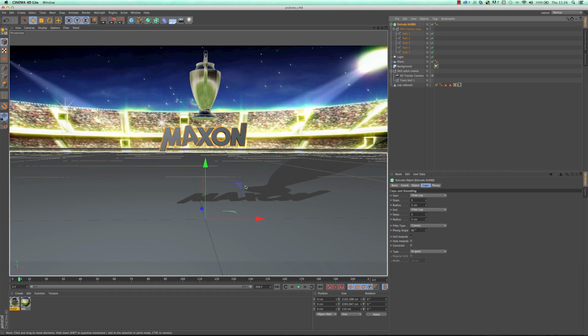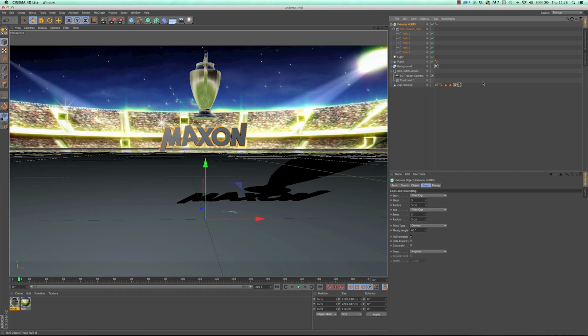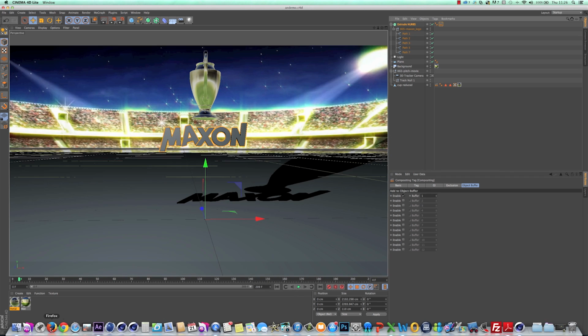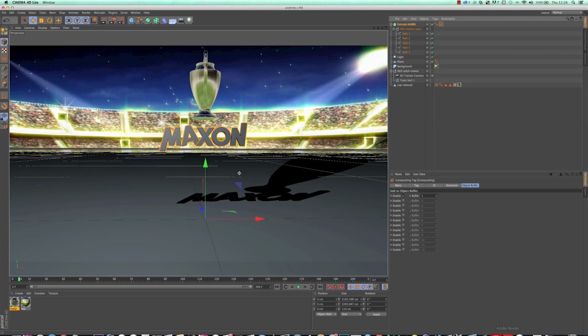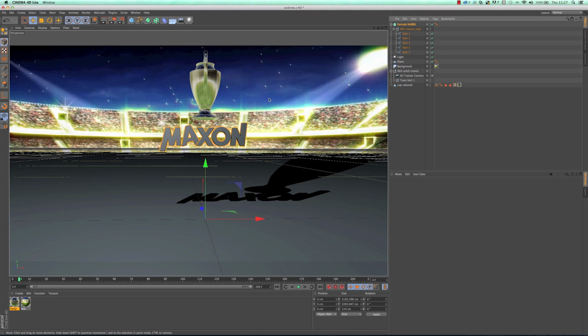We could go to Cinema 4D, and we could add that object buffer to this by simply selecting this one and Control Drag Drop, and hit save again and go back to After Effects, and that should fix it. Or we could add a second object buffer, and we're going to do that in a little bit and do different things with it. So that's what I'm going to do. So I'll just delete that object buffer for the minute, so I don't want to do that, and I'll show you why in a moment.